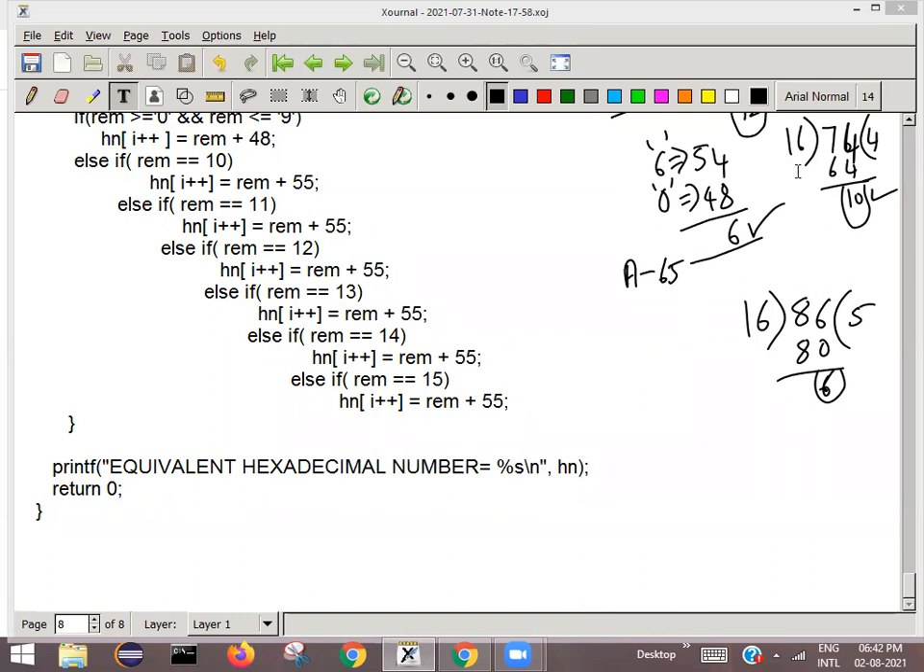why do we have to use 55 here? Okay, so right, 55 means, see here, you got the remainder as a